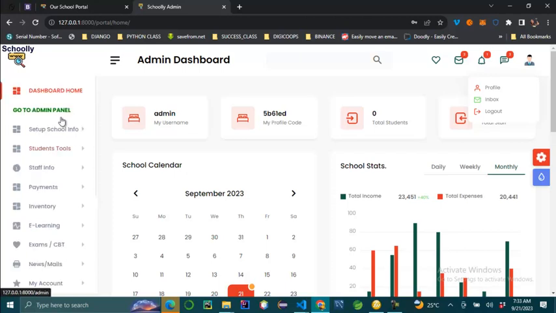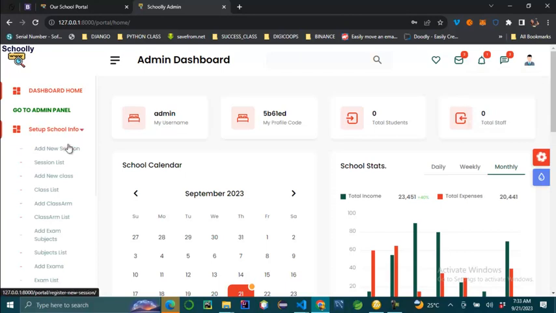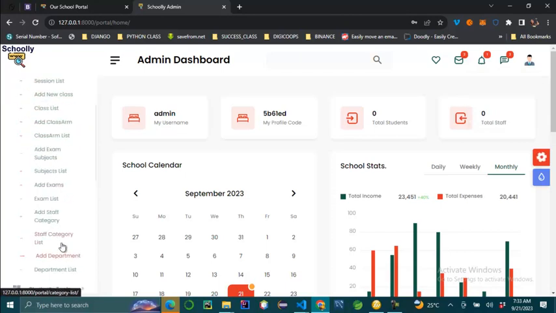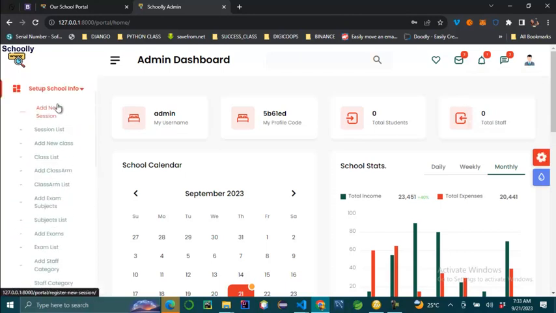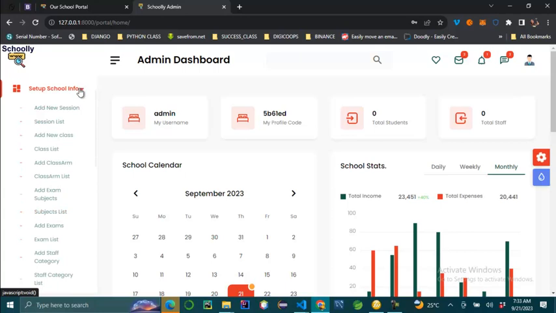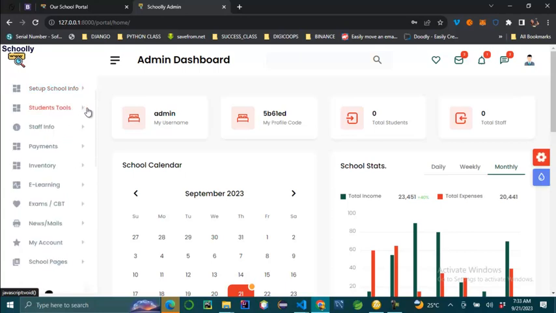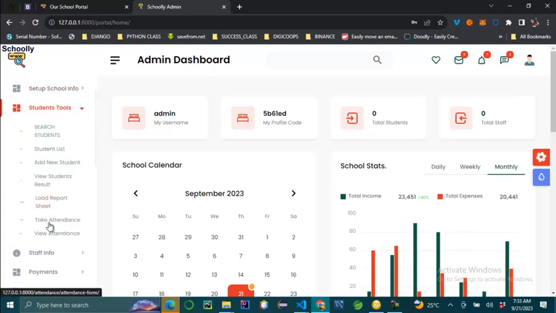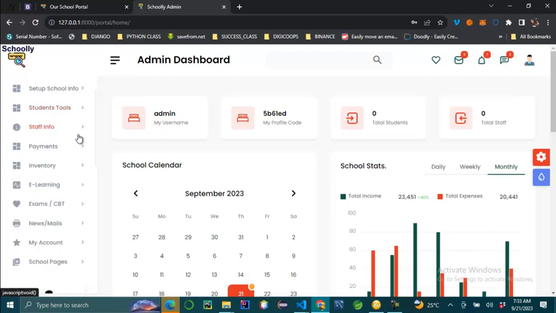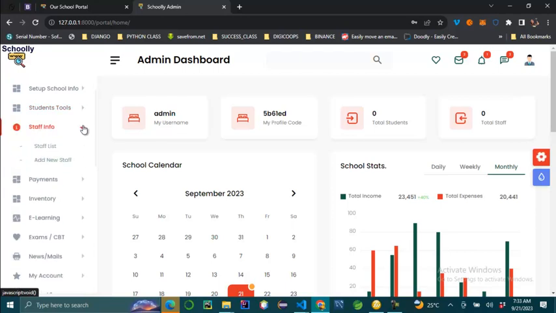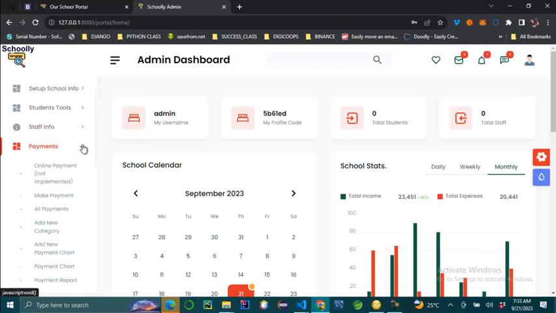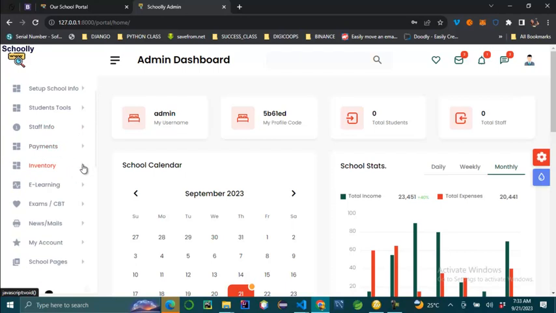So we have setup tools here to use. List of menus here. We have the setup school information. If you collapse this menu, you will see the list of activities that can be done there. It has a lot of activities that can be done there. And then we have the student tools here. You can see the list of the menu, sub-menu there. We have the student staff info. We have payments. We have the inventory,